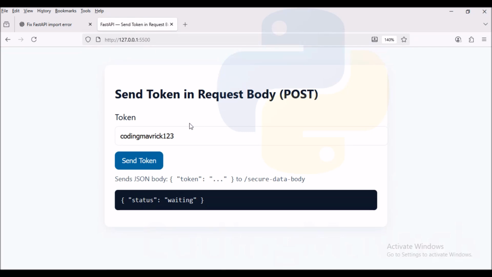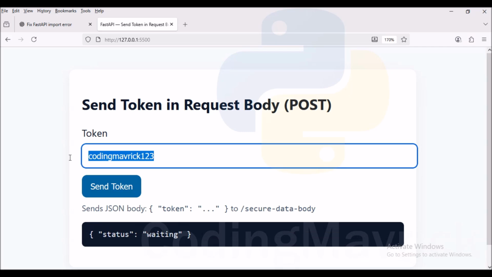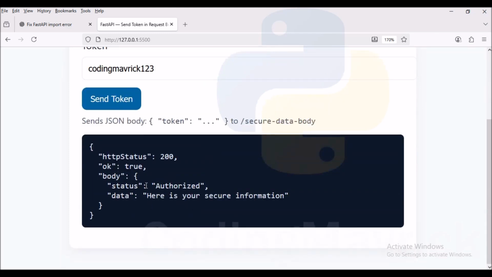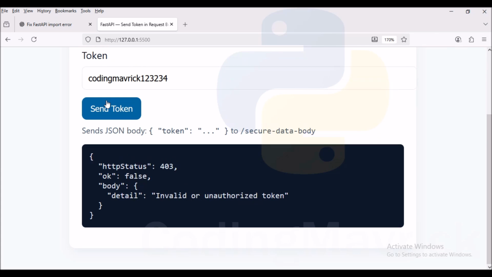Over here we will put the token inside the text box, and with the send button we will send this request through body to the FastAPI server. If our given token matches with the server token, then the server will return authorized status back toward the client side. And if we change the token and send it, the server will return the invalid or unauthorized token response.